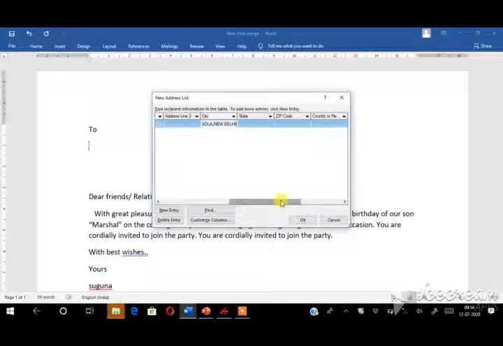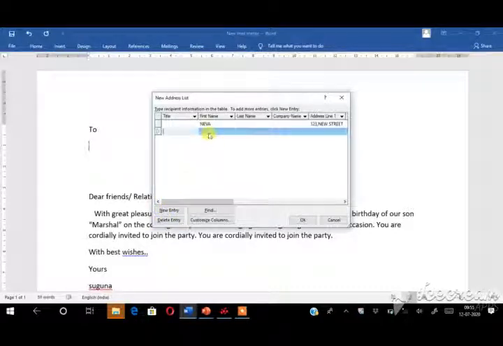So I just want the first name and the city only. I am choosing only two fields. This is the one person's detail I added: name, address one, and then city. If you want to add one more person's detail, you have to press the new entry option. So here you have to type. Then for the second entry I want the same fields only,